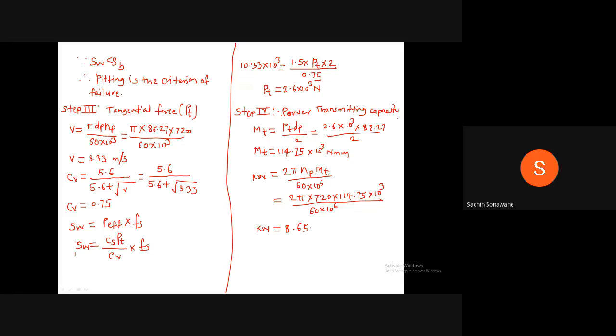Therefore, tomorrow again I will take one problem and this chapter will be over. And on Saturday I will take an objective type test on this first chapter. Therefore, the first chapter will be over tomorrow. From the next lecture, that is from Monday onwards, we will start the pressure vessel chapter. Thank you very much. Please write your numbers. We will stop here.